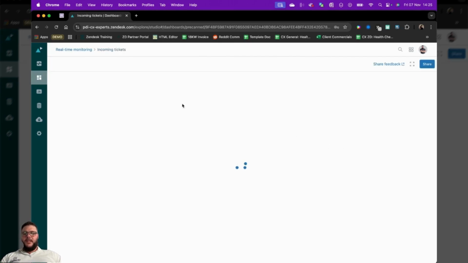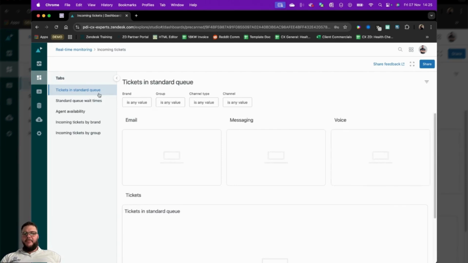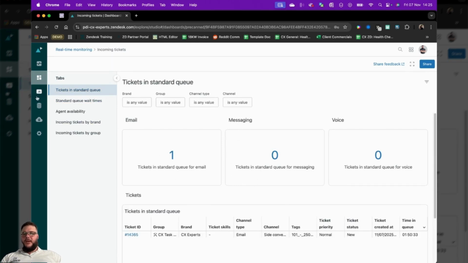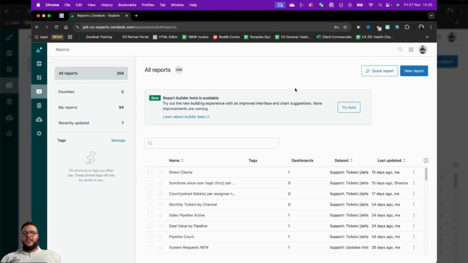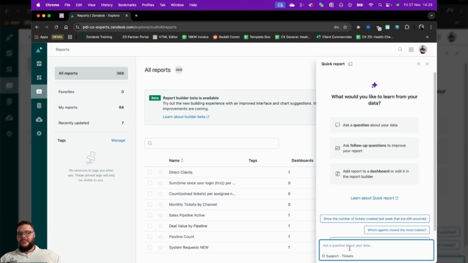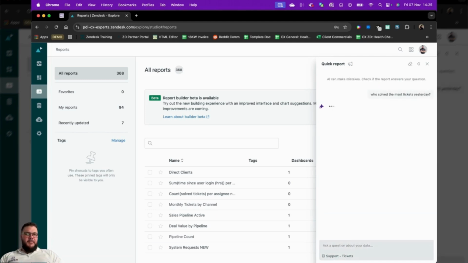And this is all live monitoring and live dash, just to give you that insight into what is actually happening on the account. So in terms of creating a report, it used to be that we had to create them in the report creator, which I'll show you in a sec. But very recently, Zendesk released quick reporting, i.e. AI prompt-based reporting. So instead of creating the reports yourself, you're now able to go and ask it a question. Who solved